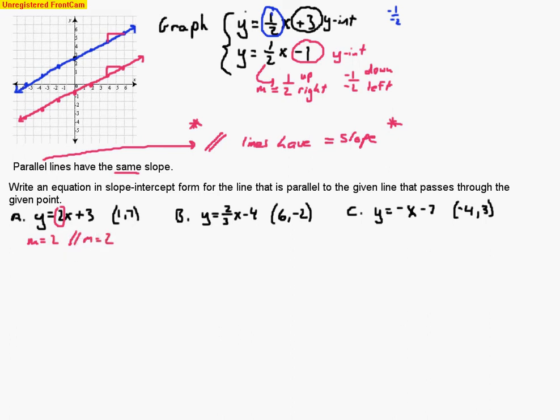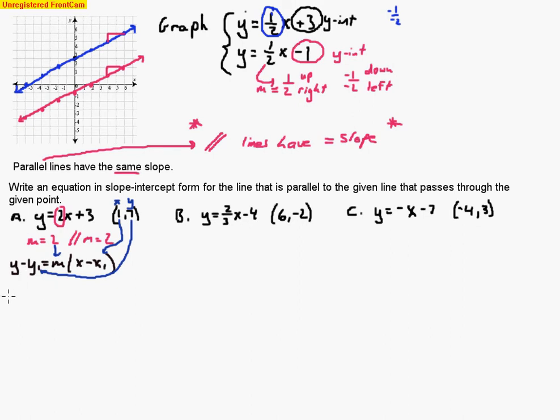And so we're going to use that information in the point-slope form. Remember, the point-slope form goes this way: y minus y1 equals the slope times x minus x1. I go ahead and substitute those numbers into that equation. Again, I'm going to put the 2 in for m. The x value, the 1, goes in for x1. The y value, the 7, goes in for y1. So I can go ahead and do that substitution,